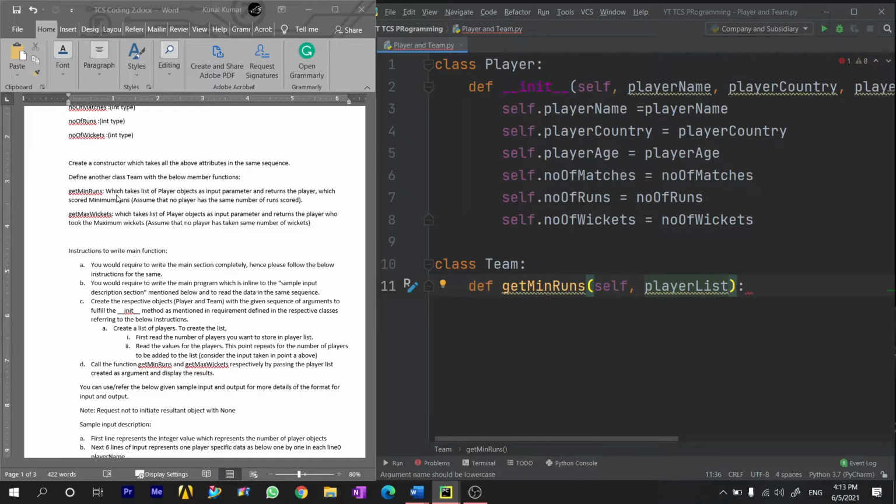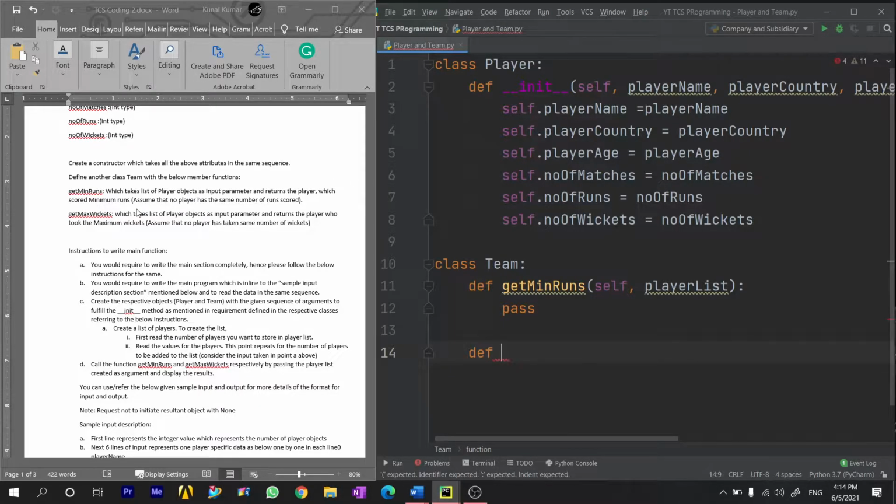Because here we can see it will take a list of player objects as input and then return the player who scores minimum runs. So we have this player list and self. Now I will pass this for now. We will come back to this function later.